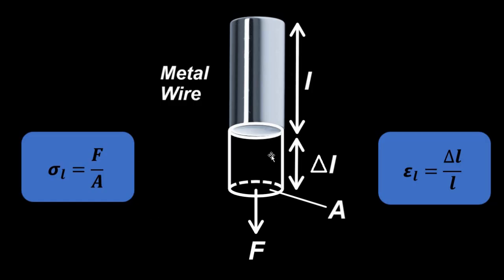Suppose we have a metal wire, we apply force, it causes an increase in length, it has a cross-sectional area A, so the longitudinal stress is F by A, applied force by area, and longitudinal strain is increase in length by original length. Here the interesting thing is that we have to extend this discussion forward. We have to take this discussion from here. Now, an interesting thing that happens is that when a metal wire or any elastic material, metals have a certain degree of elasticity, so any elastic material, when it is subjected to a force, let's say